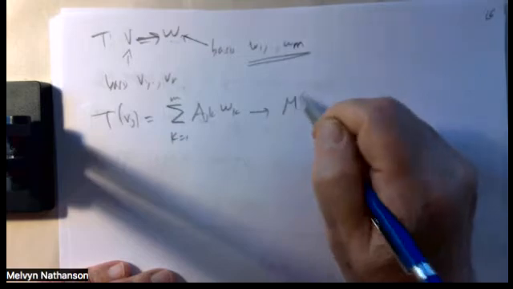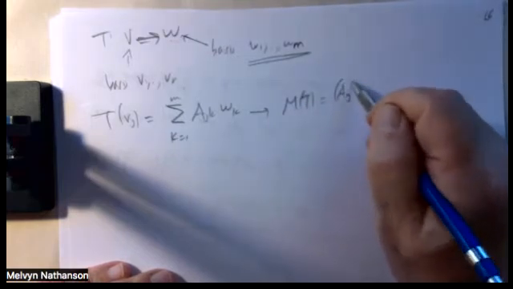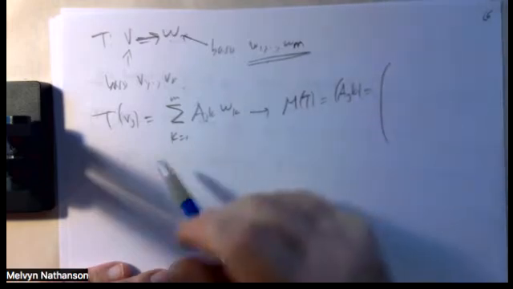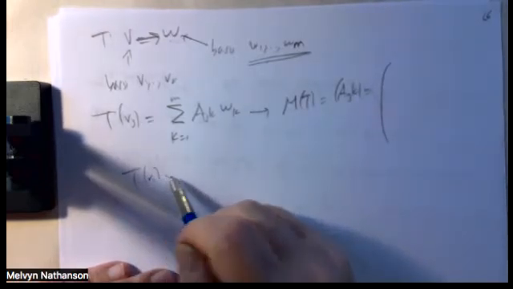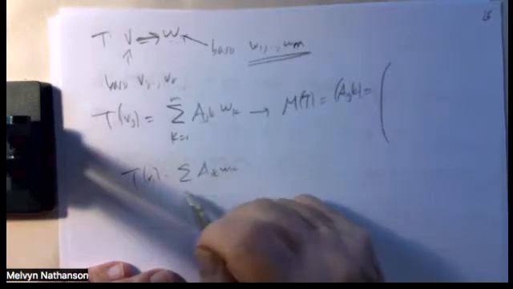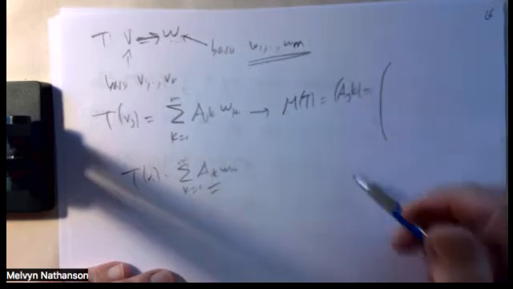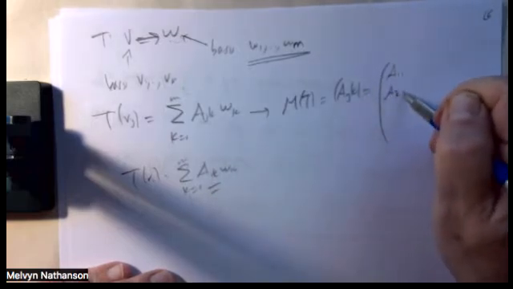From this I get the matrix M of T. T of v1 is the summation of a1k wk, k from 1 up to m. I write these coordinates as the first column of my matrix: a11, a21,